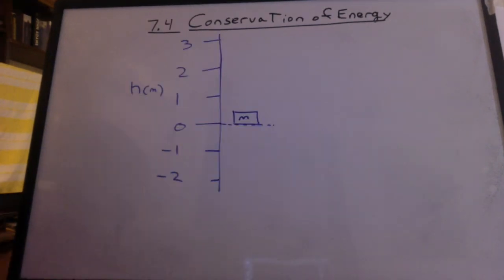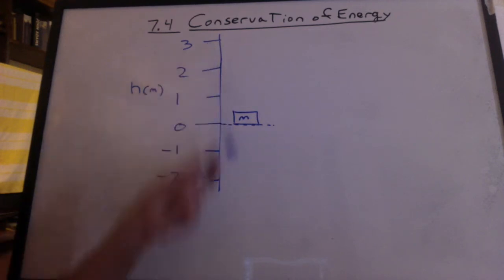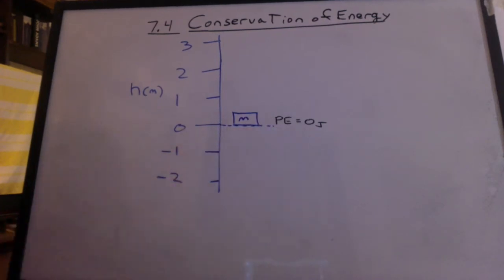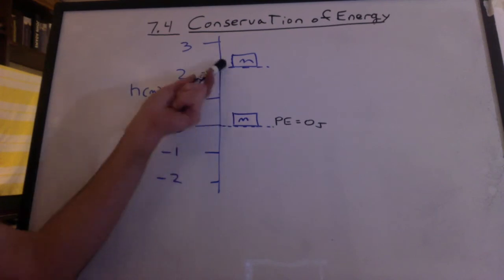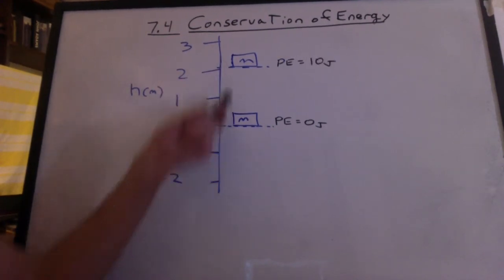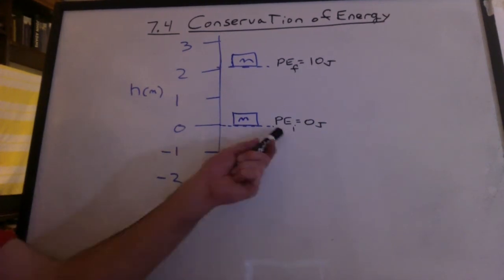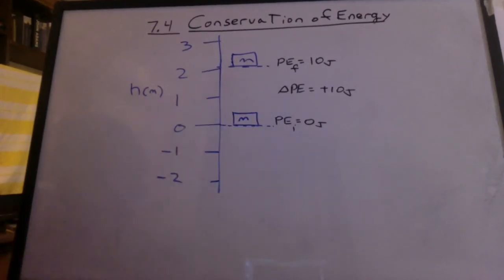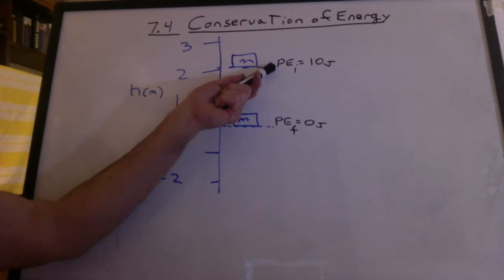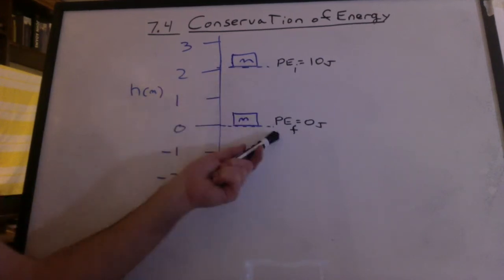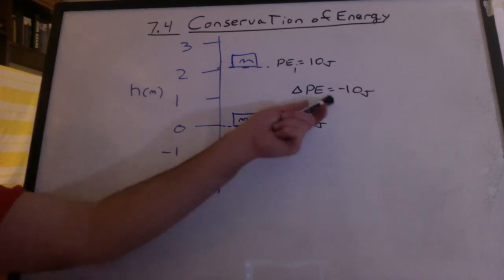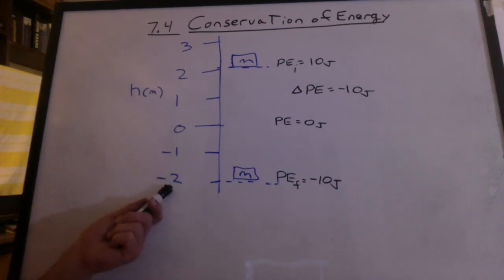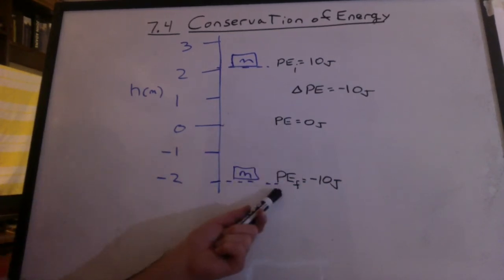We'll emphasize the idea with a demonstration on just lifting an object up and then lowering it down. At this height, we can say the potential energy is 0 joules. Now let's say I raise this block up 2 meters. Maybe I have 10 joules now. The initial and final gives me a change of positive 10 joules. Well, what if this was the initial position and that was the final position? When it comes down, I can say that we lost 10 joules. And what if I keep on lowering it? If I go down another 2 meters, I'm going to lose another 10 joules, and I will now be at